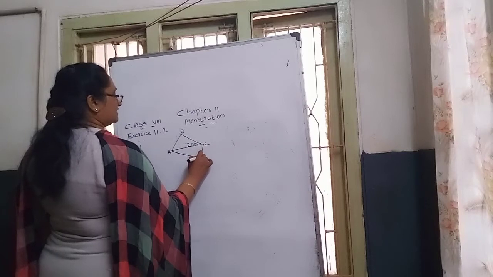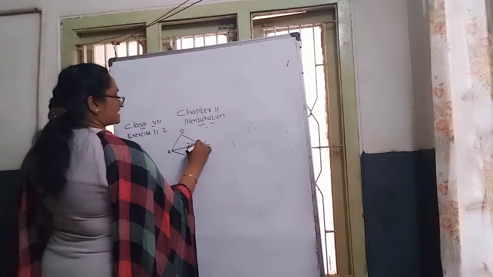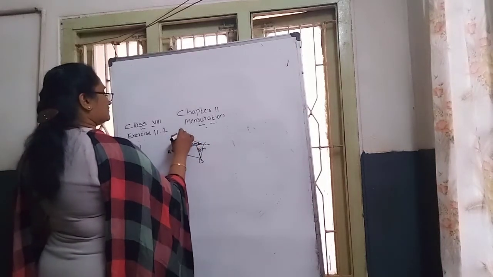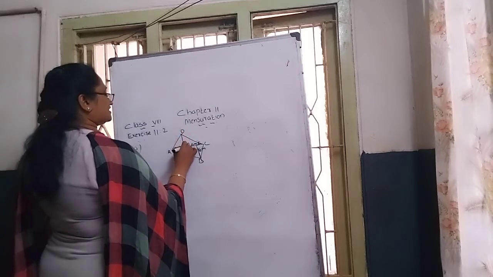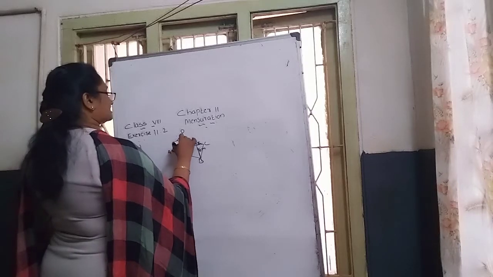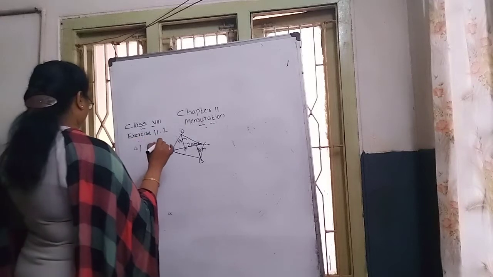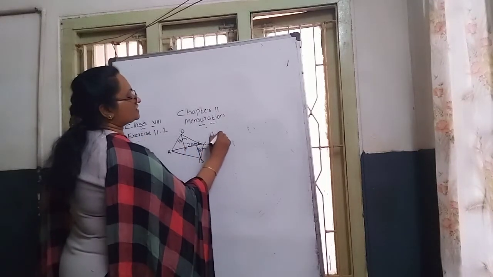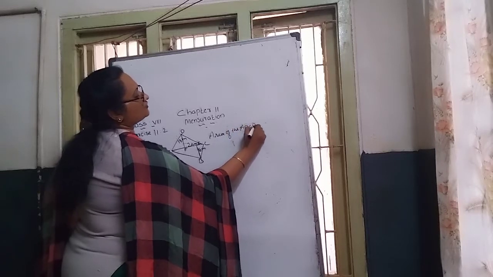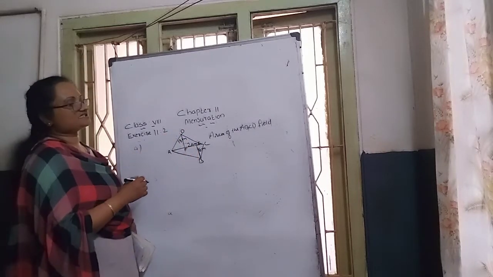And from B vertex a perpendicular is drawn. This is the height, marked as E. The measurement is given as 8 meter. From D vertex to the opposite side, joining there you mark an alphabet F. That measurement also they gave, 13 meter is the DF measurement. What do they ask you to find out? Find the area of the field. Find out the area of this quadrilateral ABCD field.